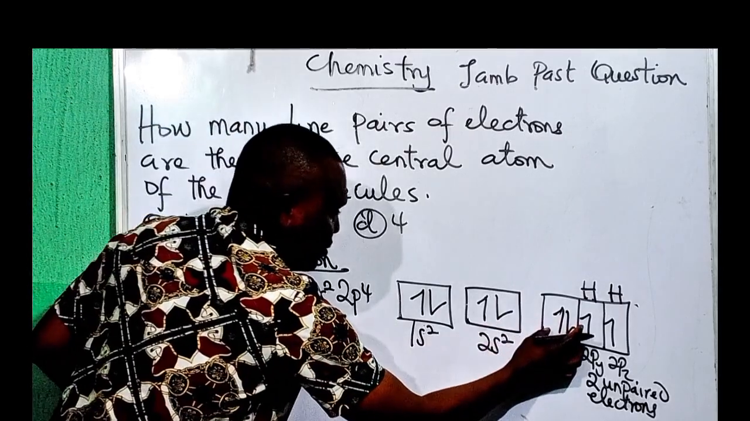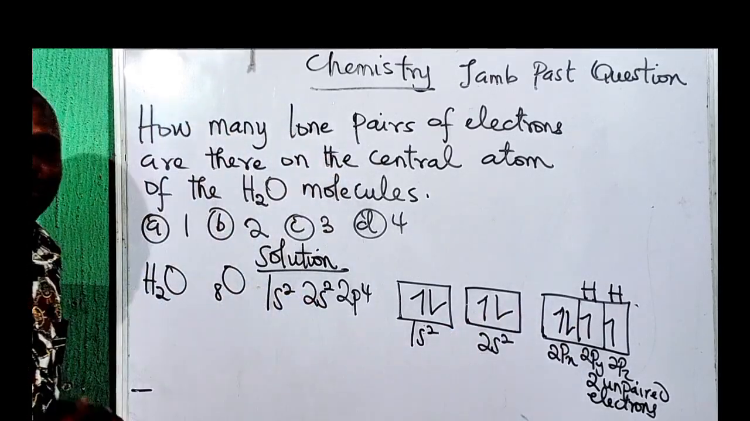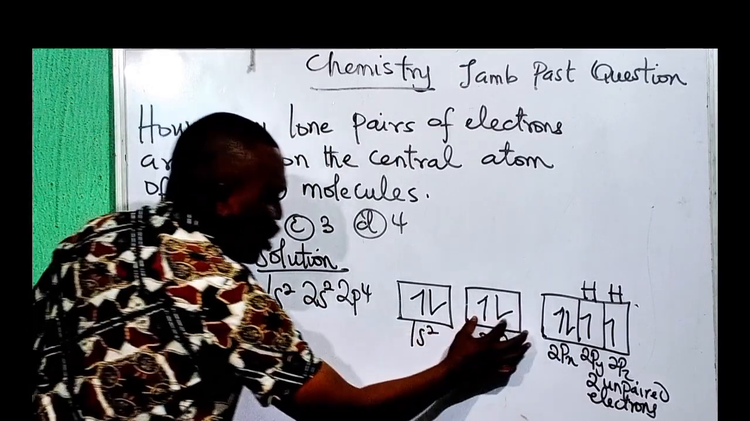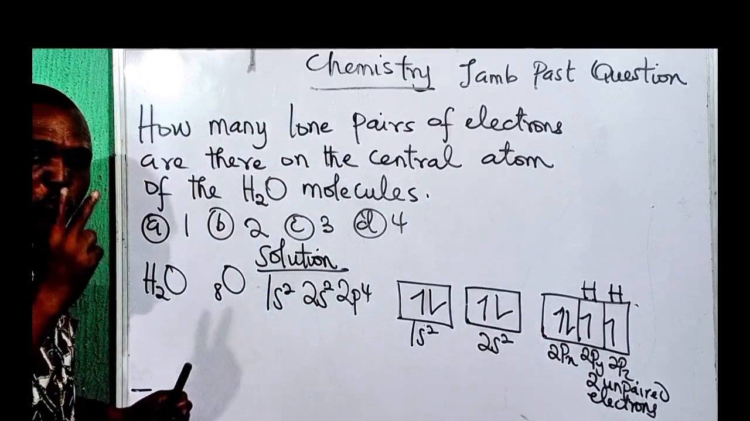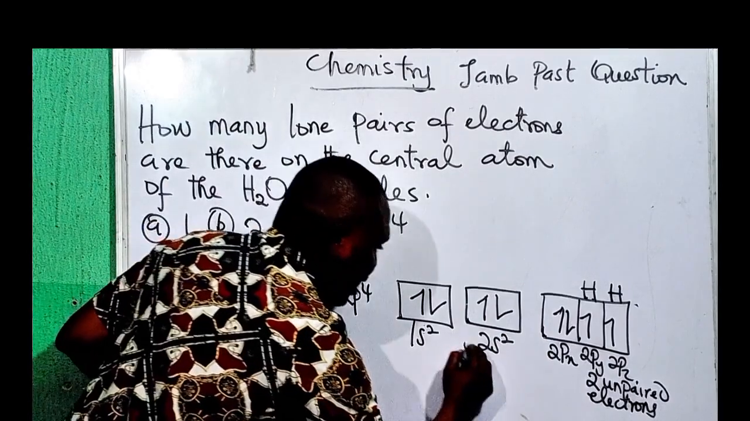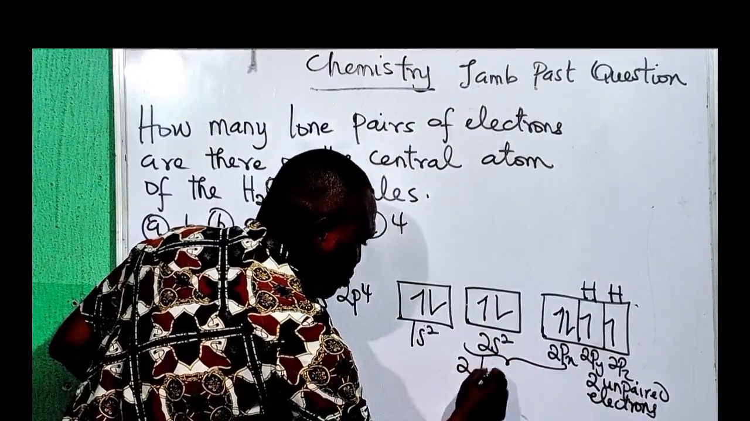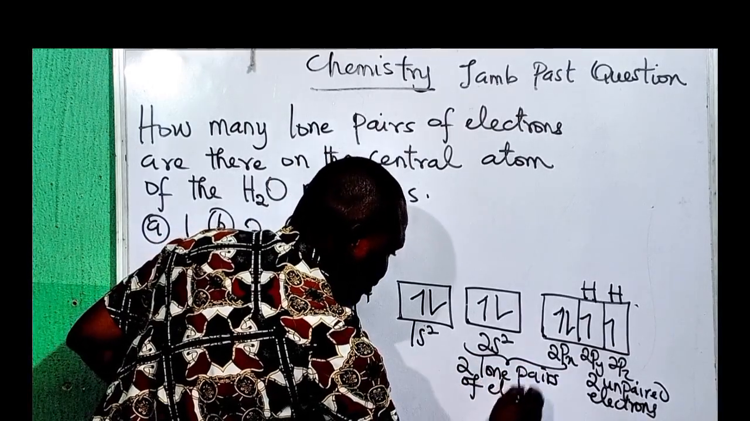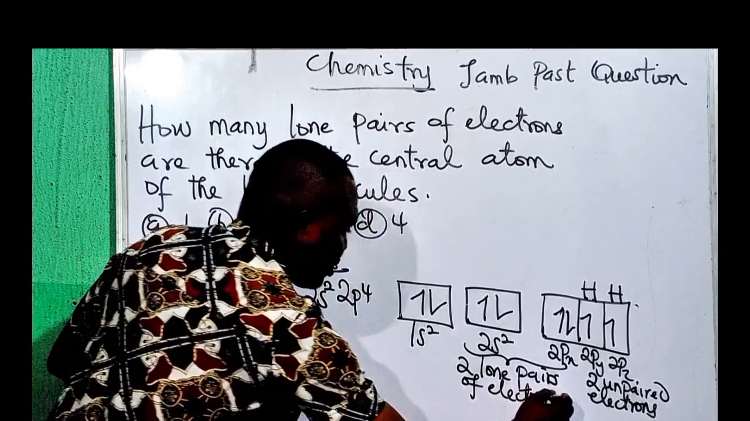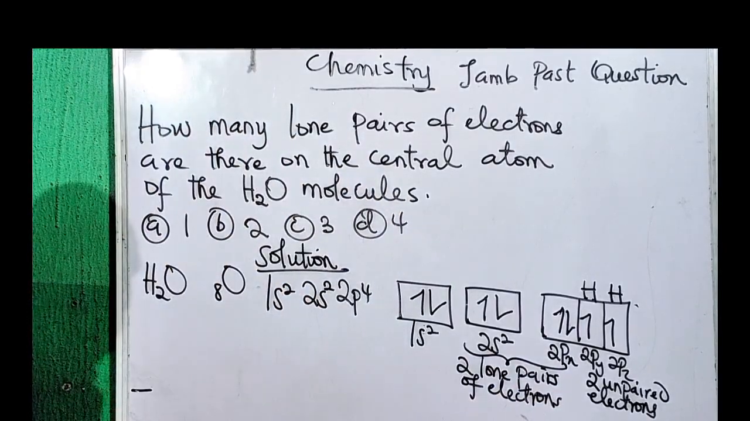Now this and this are not available for bond formation. So we have a lone pair of electrons here and another lone pair of electrons here, making it 2 lone pairs of electrons. Now these lone pairs of electrons are not available for bond formation. So the right answer to this question is 2. There are actually 2 lone pairs of electrons on the central atom of the water molecule,